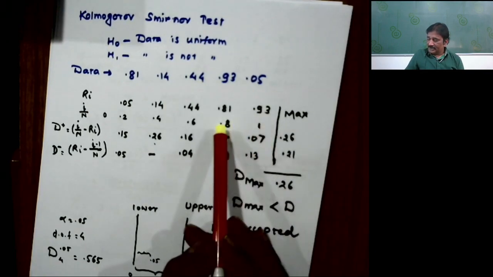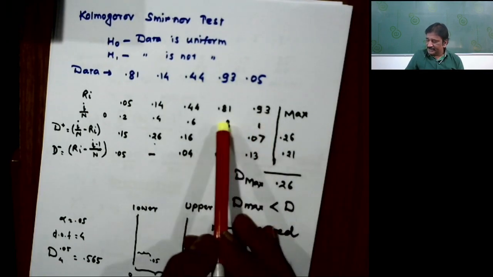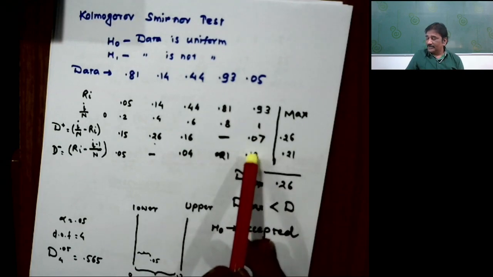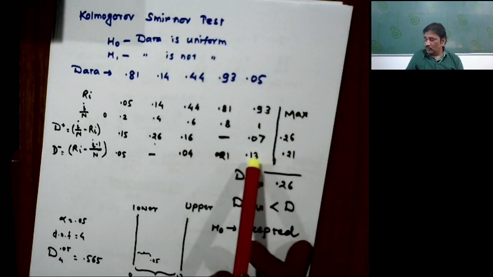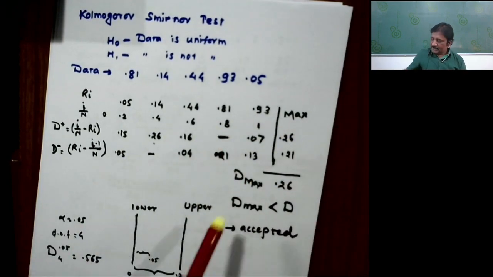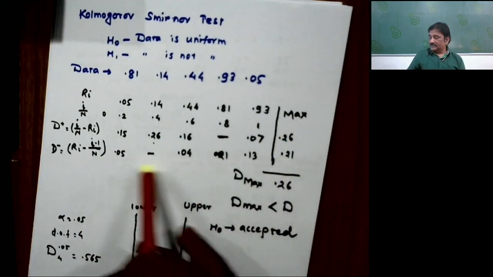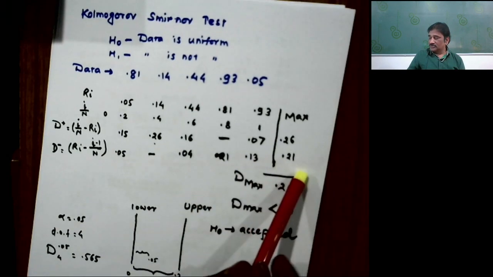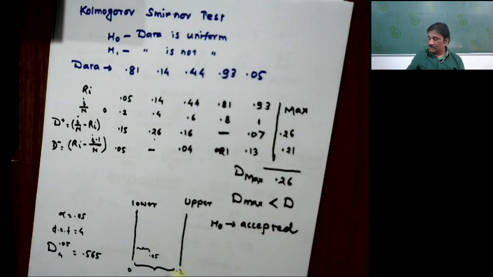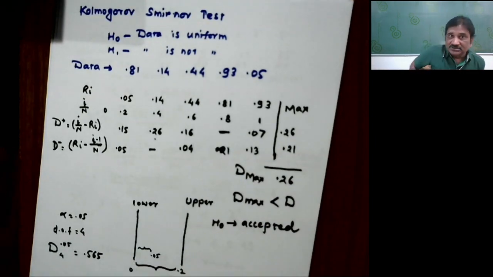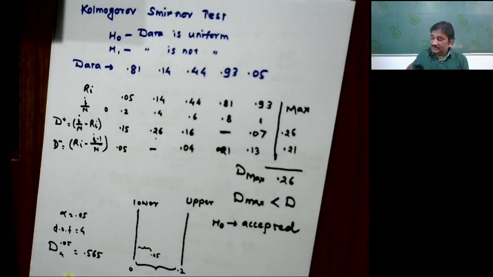And 0.93 minus 0.8 is 0.13. Suppose this number had been 0.73, then you wouldn't be finding the difference there. Amongst all these numbers, the maximum is 0.21, and amongst the two, the maximum is 0.26. These are the calculations of the Kolmogorov-Smirnov